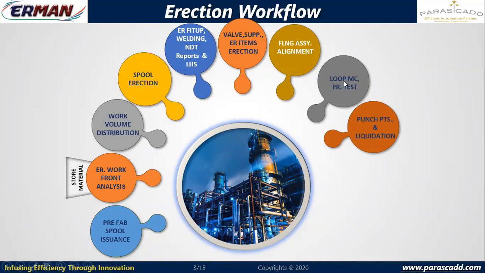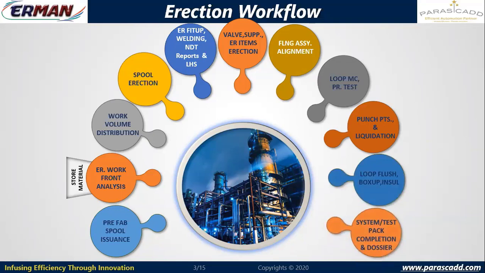And if it is okay, then I will release this for mechanical completion, mechanical clearance, so that it can go for hydro test level. And parallelly, I may go through a walk-through and then reach some of the punch points which are pending, like A category punch points, B category punch points. What is the liquidation status? Those can be monitored here. And then loop testing, loop flushing, loop box up, loop level completion and system level completion and